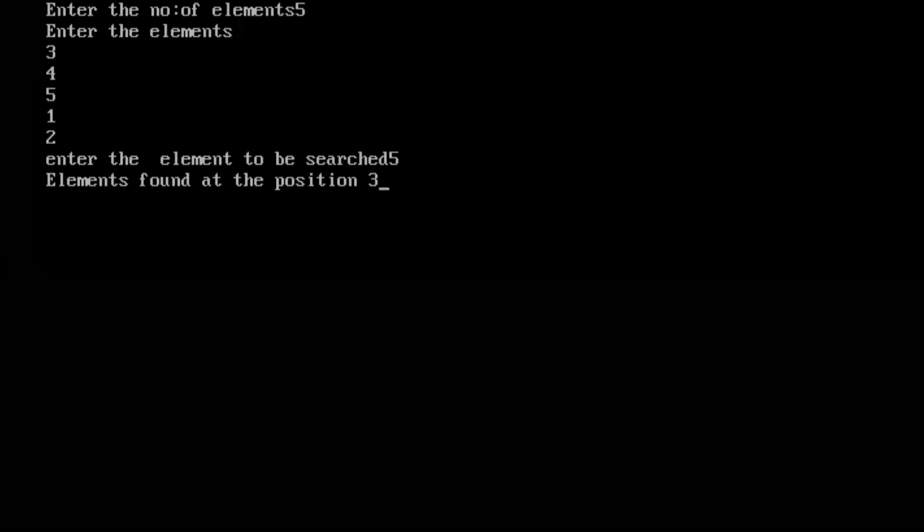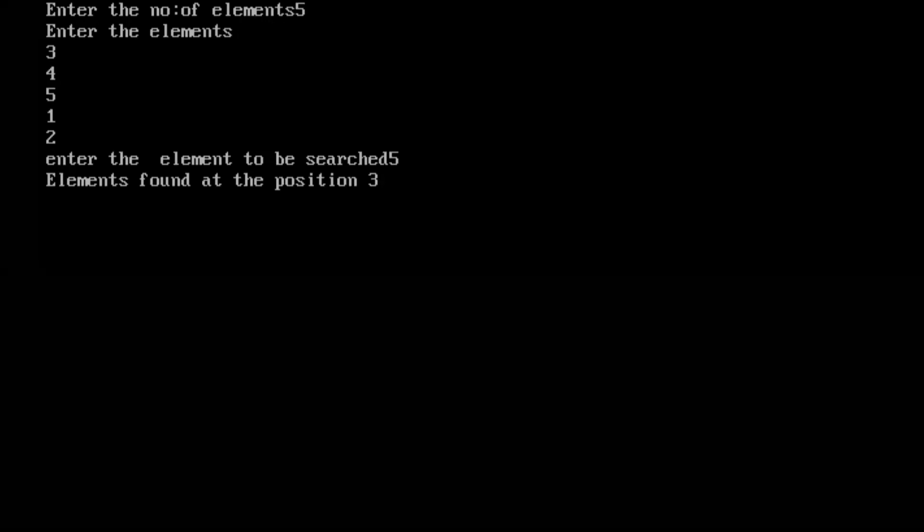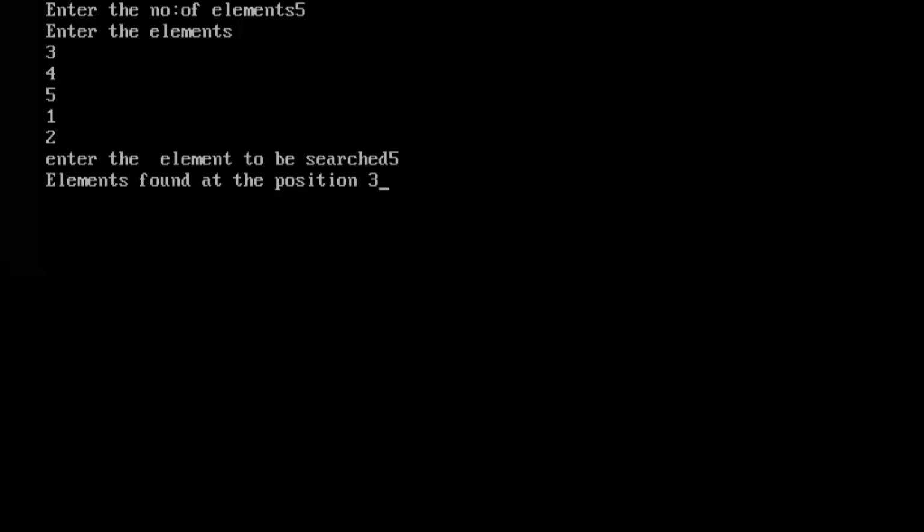What is the index number of 5? 2. Now, what is the relation between position and index? Position is 3, index is 2. So position is index number plus 1.